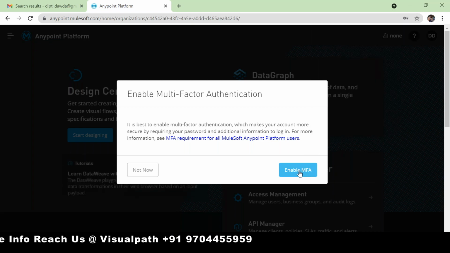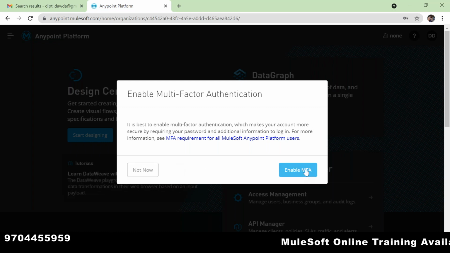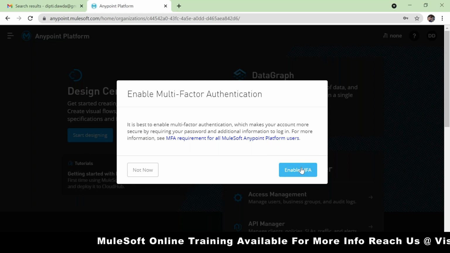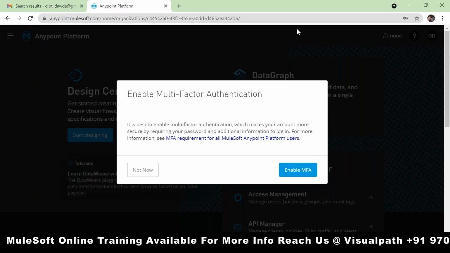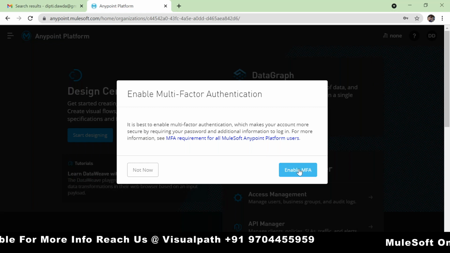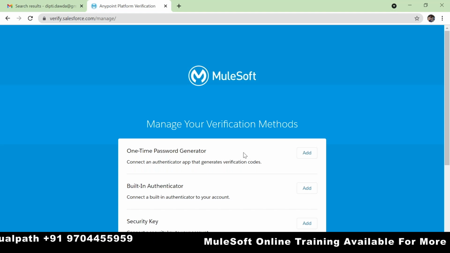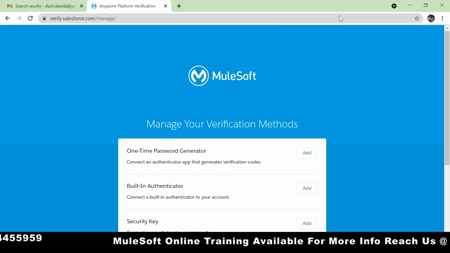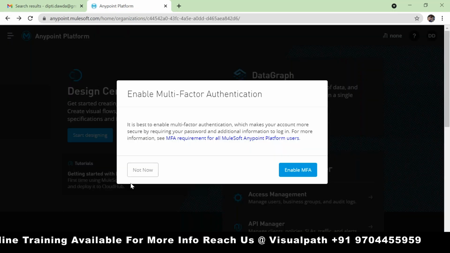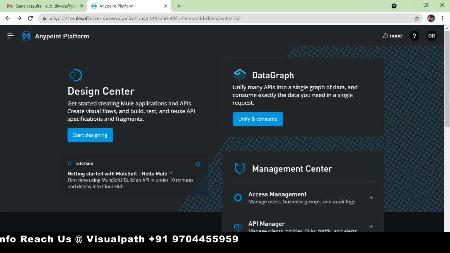That is up to you if you want to enable it or you don't want to enable it. Save it. You have to save the username and password because at a later point of time you are going to use the same username and password again and again. Click on the key in the address bar. Right now you just disable it. Don't do this. Okay, no issues. Go back.